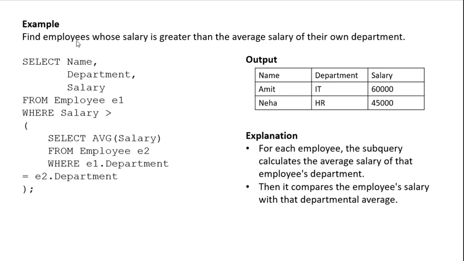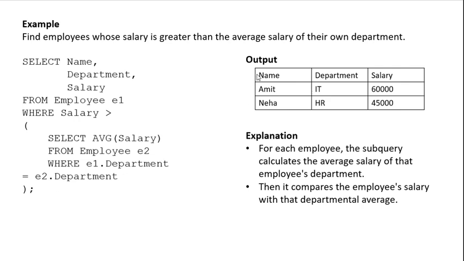The example: find the employees whose salary is greater than the average salary of their own department. SELECT name, department, salary FROM employee E1 WHERE salary > (SELECT AVG(salary) FROM employee E2 WHERE E1.department = E2.department);